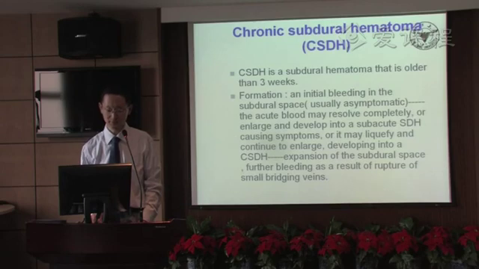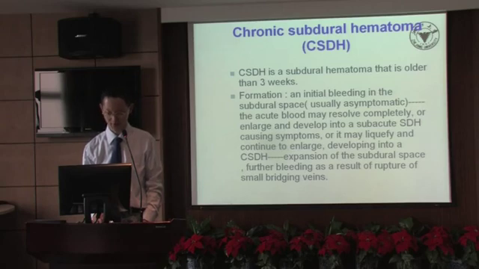Chronic subdural hematoma. By definition, a chronic subdural hematoma is a subdural hematoma that is older than 3 weeks. Formation of a CSDH is thought to occur after an initial bleeding in the subdural space, which is usually asymptomatic. The acute bleed may resolve completely. It may enlarge and develop into a subacute SDH, causing symptoms, or it may be liquefied and continue to enlarge,